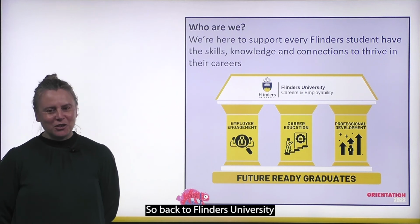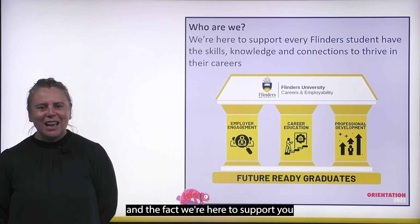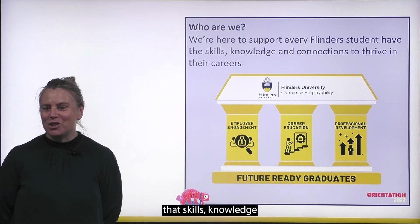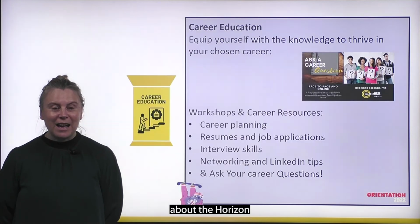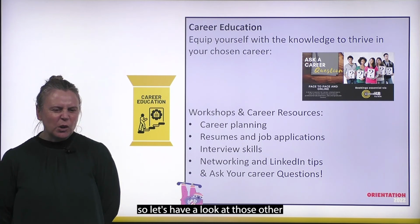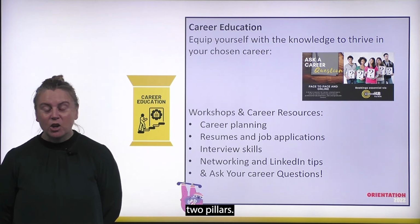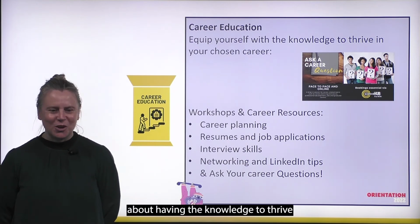So back to Flinders University Careers and Employability and the fact we're here to support you to develop the skills, knowledge and connections to thrive in your career. Now, we've already talked about the Horizon Professional Development Award. So let's have a look at those other two pillars. Career education is one of them. And of course, that's very much about having the knowledge to thrive